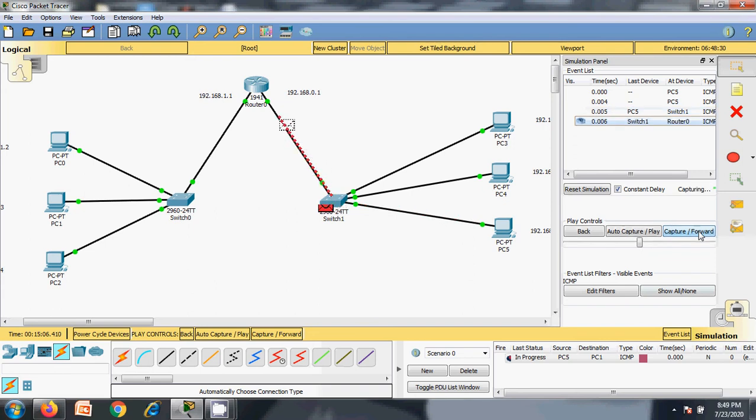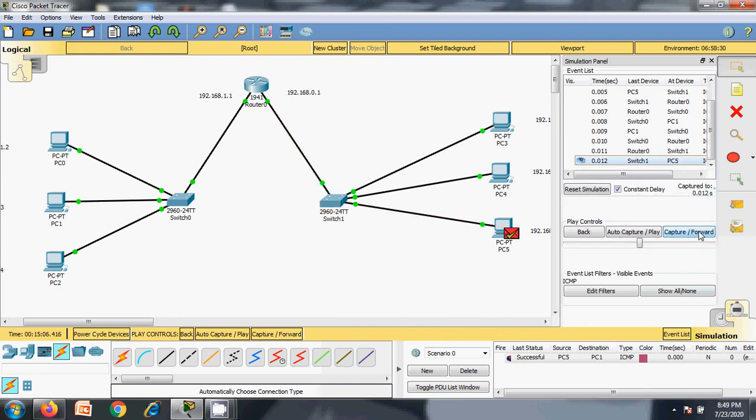We'll check for. Yes, now it works. So sometimes it shows some errors, right? It's a problem with Cisco Packet Tracer. So sometimes it shows such type of errors, but it is actually working without any issues, right? Because everything has been properly configured, right? So sometimes there are cases, right?